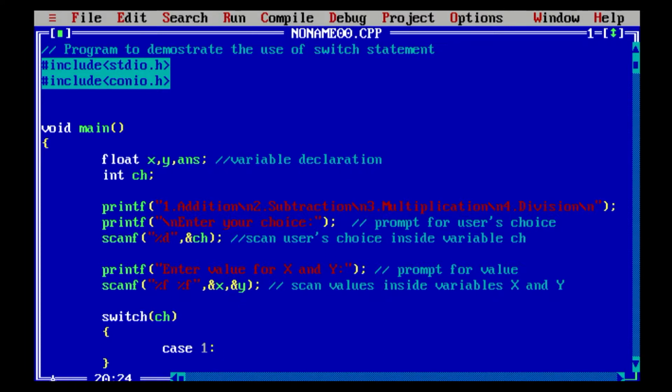So let's do addition. Similarly, case value 2. If ch contains option value 2, that means user has selected subtraction. So here we will perform subtraction.